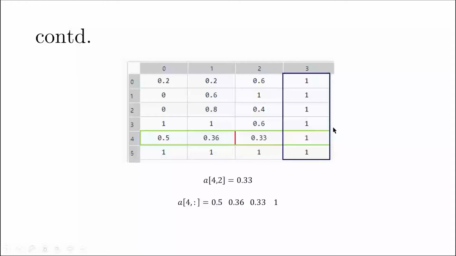And similarly, if I want to define or call for this particular column, or any particular column, we know that here the column number is 3, or the index of the column is 3, and we have to call for all the rows. So wherever we want to call for all the rows or all the columns, we use this colon sign. So we use the same idea. Here the first index becomes the colon sign because I want to call for all the rows, and the second index corresponds to the column index, which is nothing but the number 3.